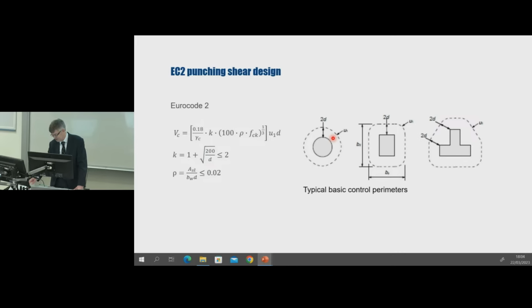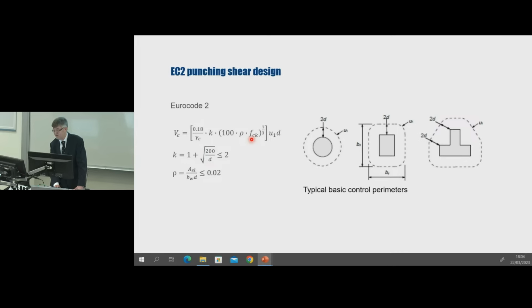The design method for punching shear in the current Eurocode is purely empirical. So to obtain the punching resistance, we multiply the cross-sectional area of the basic control perimeter, which is situated at twice the slab effective depth from the column face, by the design shear stress at failure. So that's a purely empirical equation, so it's not useful for making predictions about behavior for boundary conditions not considered